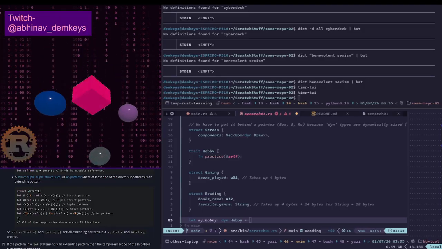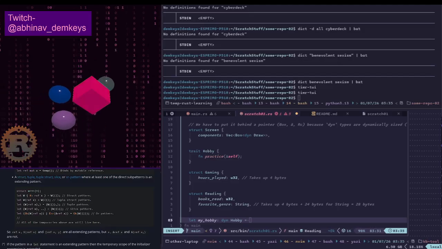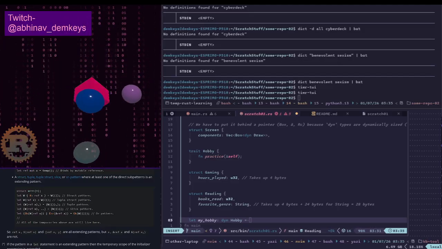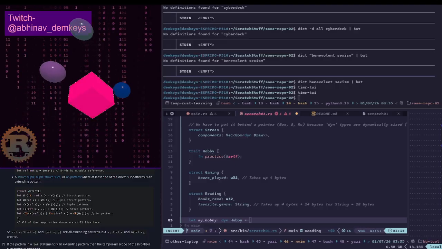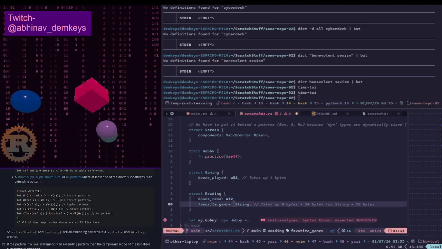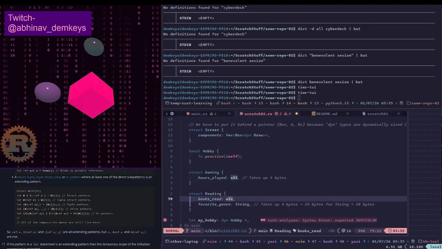If you try to write the variable like so, then Rust panics at compile time. Why? Because it doesn't know if my hobby is going to be gaming, which is 4 bytes, or reading, which is 28 bytes. That's actually another thing that I've been doing research on because I don't fully understand how I'm